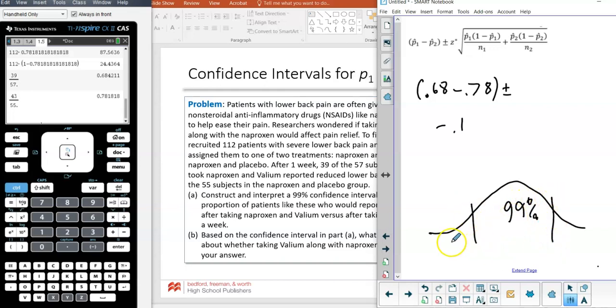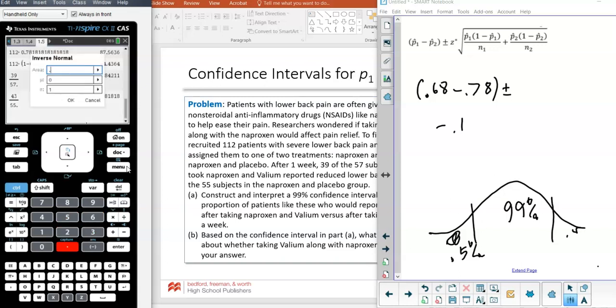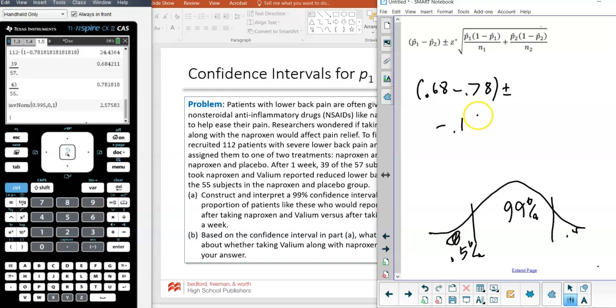So 99% is in the middle, which means 0.5% is to the left and 0.5% is to the right. So on your calculator, you do inverse norm to figure out that Z critical value. So menu 653 is inverse norm. 0.995 is 2.57. So plus or minus 2.57 times the square root of